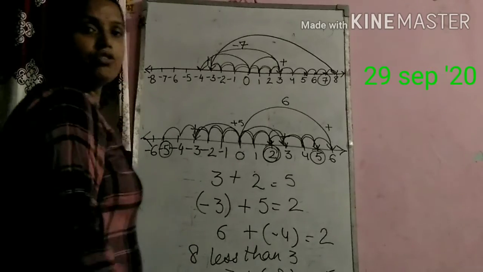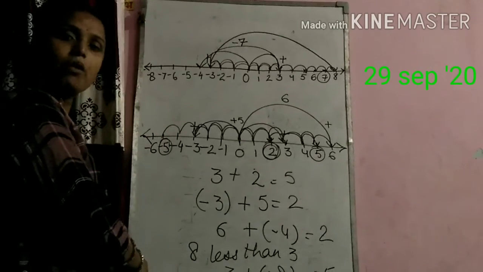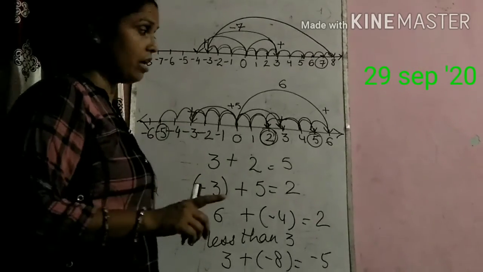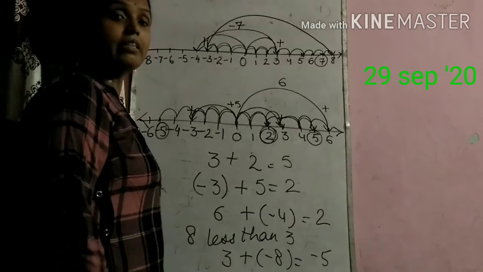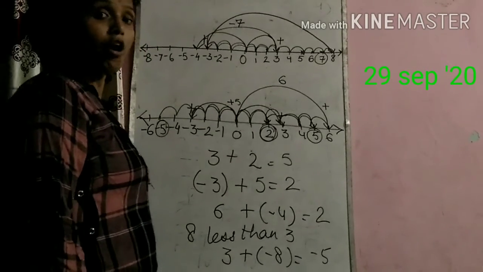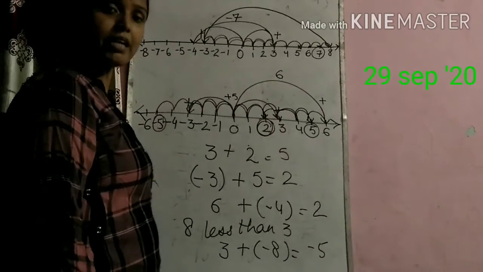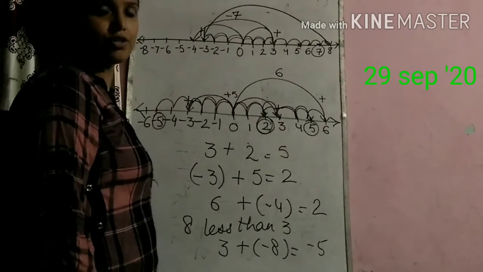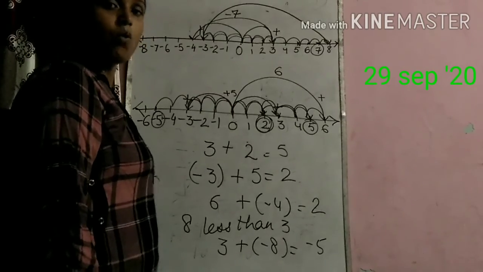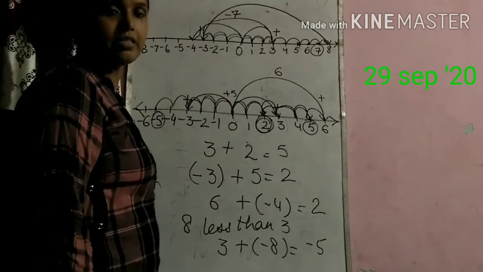Today in this video, children, we are going to learn about the number line expressions, how to use the number line for addition of numbers, and this is how you will be doing question number 2, 3 and 4 of your exercise 4C. In my next video, I will be explaining the next question of this exercise. Hope you will be able to understand it. Watch the video again and again for better understanding.